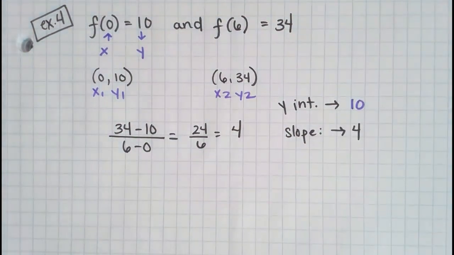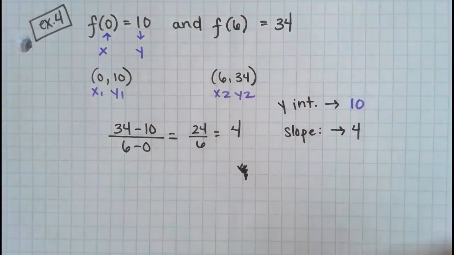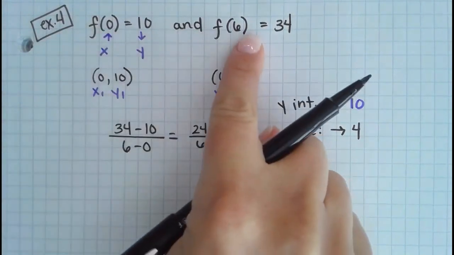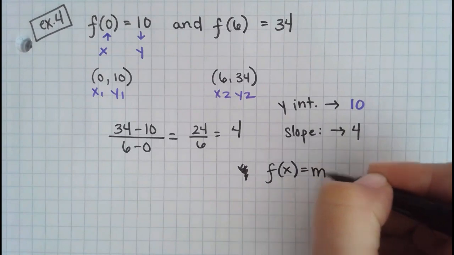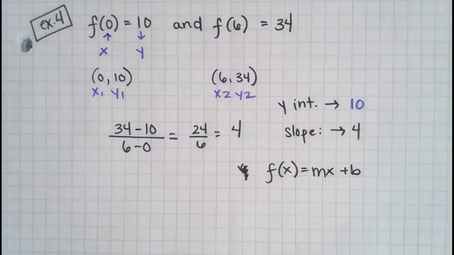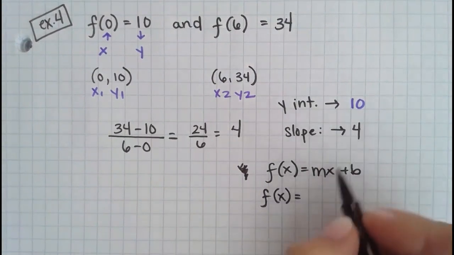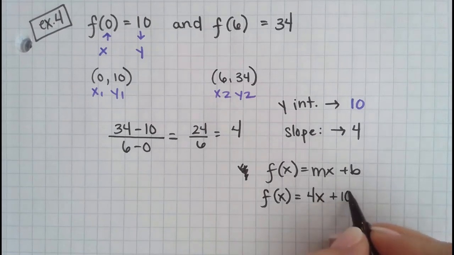Then the last step, put it all together, write the equation. In this one, since it gave it to us as function form, we're going to write our equation as f of x equals mx plus b. So we'd say f of x equals our m for x plus our y-intercept, which is